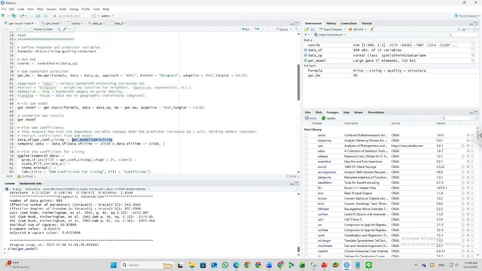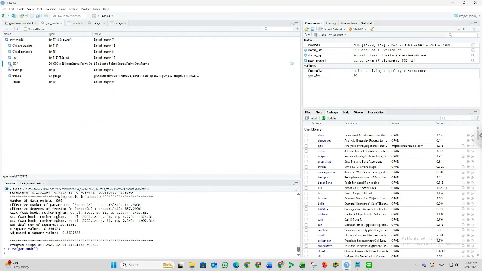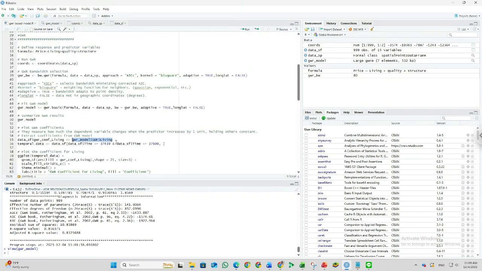This one, SDF, and we have the living SDF here. We want to add this into our original dataset. Our original dataset is data_sf here. We want to add the coefficient of the living into our original dataset, so we want to add a new column or new variable here.